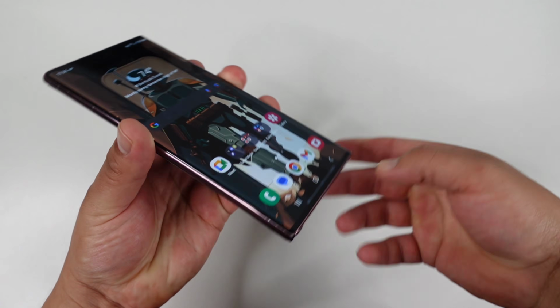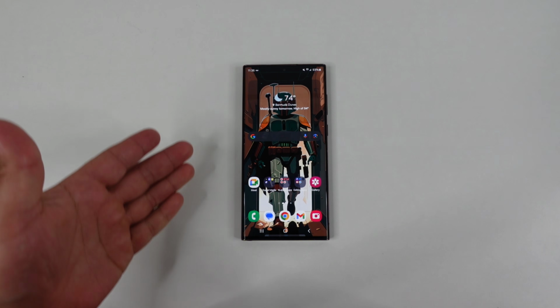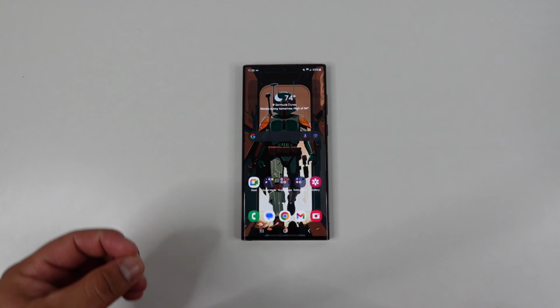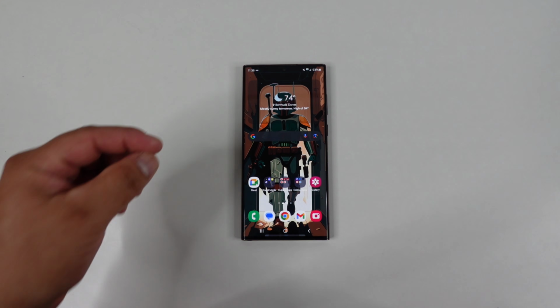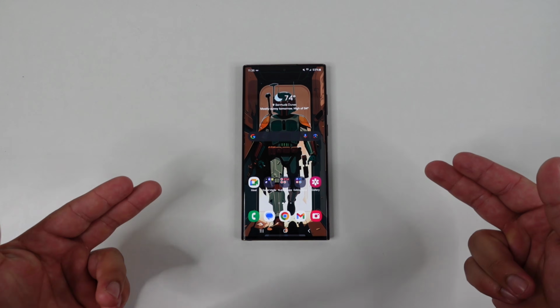It still has held up great, hasn't broke on me or anything like that. And I know the S Pens aren't the most durable because they are made of plastic, but it's held up very well and it's definitely come in handy for me when using this device right here. But, speaking of photos, when it comes to the cameras on this phone right here,